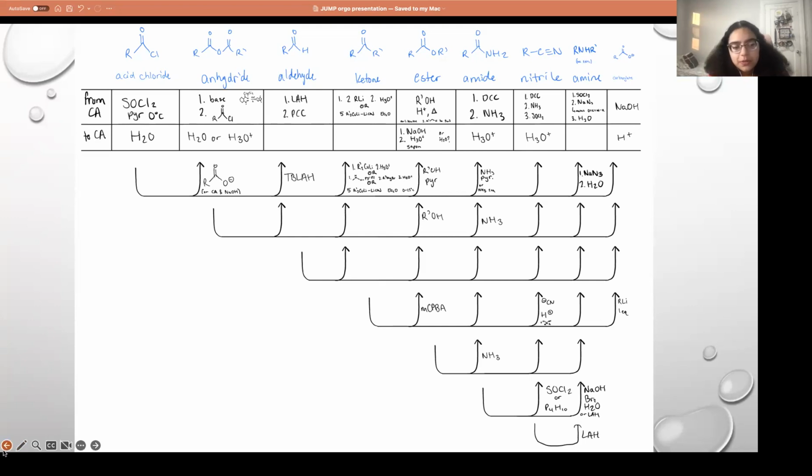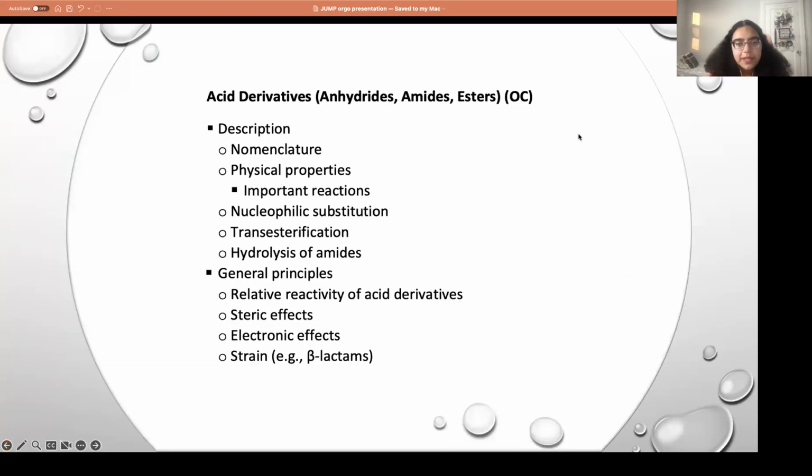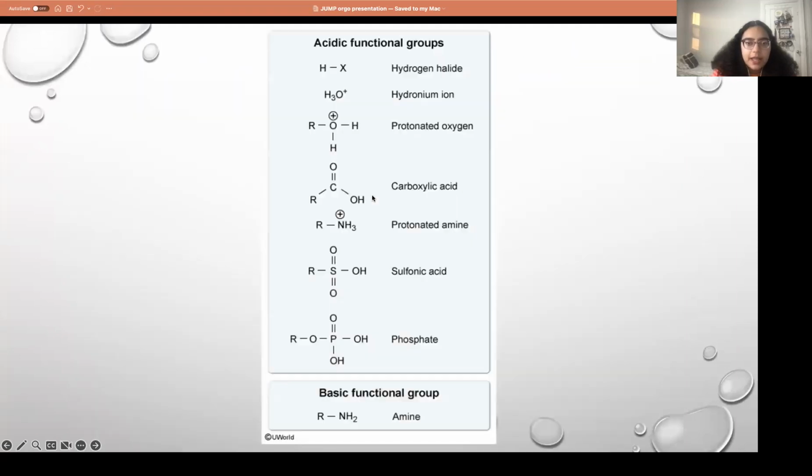If we go back to the way they described it, the relative reactivity of the derivatives, steric effects. As we talked about with the SN2 reactions, you want to see how many groups are attached, or when you're actually drawing the arrows, what's more likely to happen, which attacks are actually free to happen versus where there are a lot of different heavy groups and it's harder to attack. So we talked about transesterification, hydrolysis. Okay.